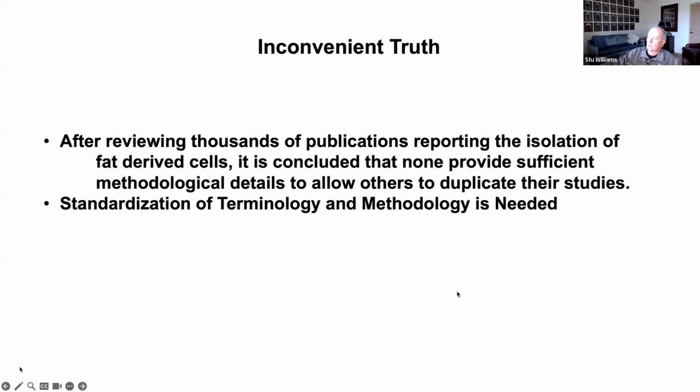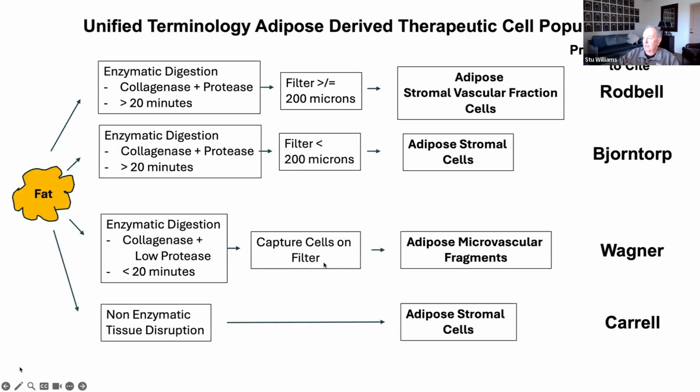So, an inconvenient truth. After reviewing thousands of publications reporting the isolation of fat-derived cells, I have to conclude that there are not sufficient methods stated to allow anybody to duplicate other people's results. We need standardization of this terminology and methodology so people can take a look at your methods and say, oh, you're using this method with this modification. I recommend the following terminology come out of